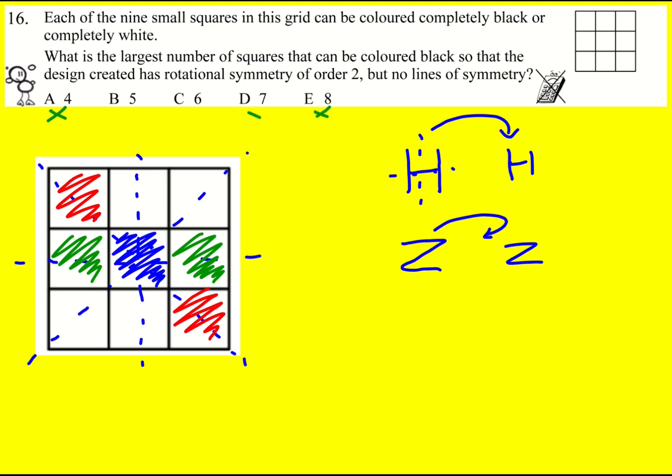7 will cause problems as well. 6 is maybe the hardest to realize that you can't do, but that was what I was showing a minute ago. As soon as you start doing this and this, I create lines of symmetry. If I do this and this, then actually I've now got another line of symmetry down the middle. So yeah, 7 is not possible. 6 is not possible because I can't just shade an extra one